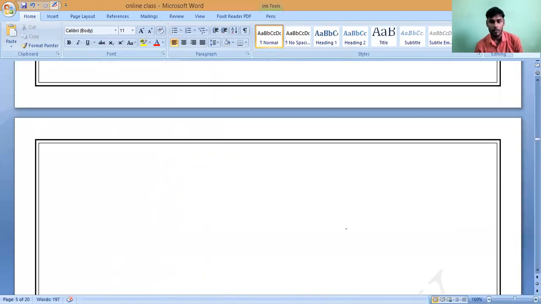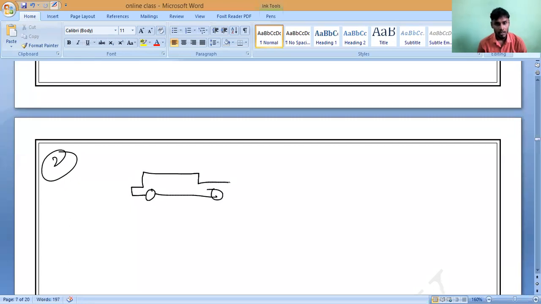Try to understand carefully. I will try to explain. We have 2 cases here. Observe, all of you. Additional problem 2. First case, same car, imagine all of you. The same car has been pushed by how many persons? 2 persons are pushing. One person is F and another person is F. So total force is 2F.